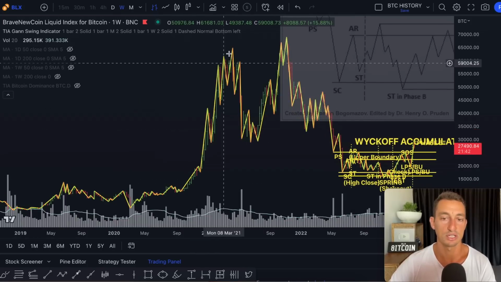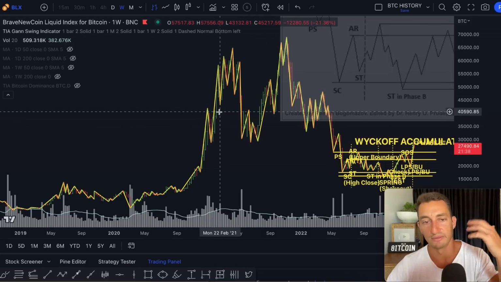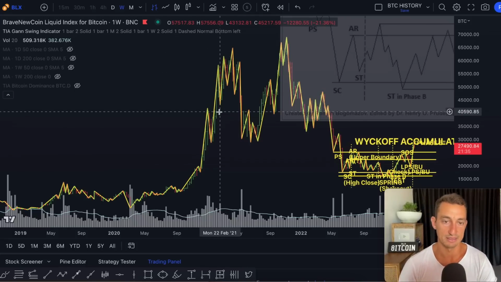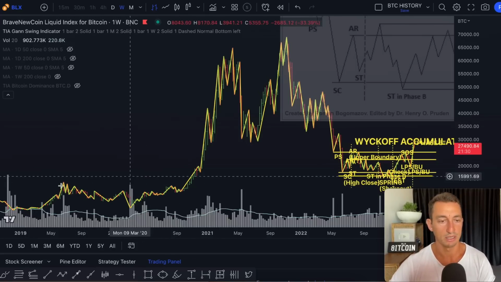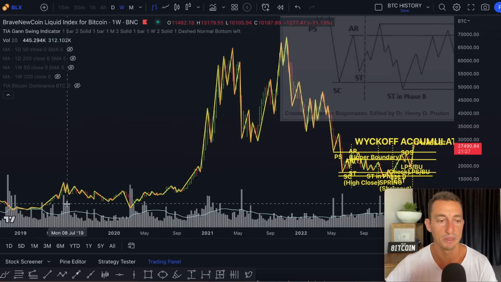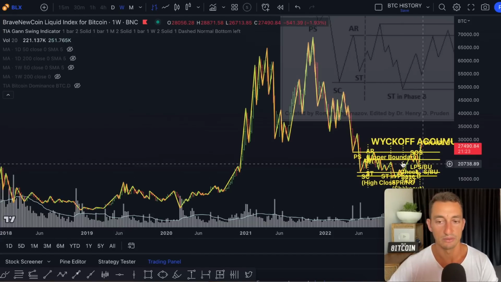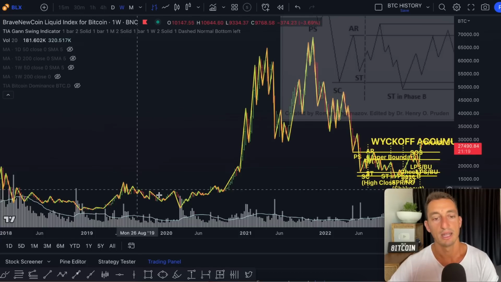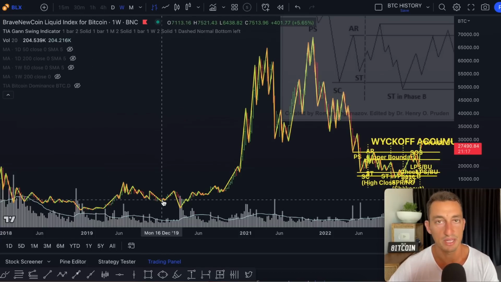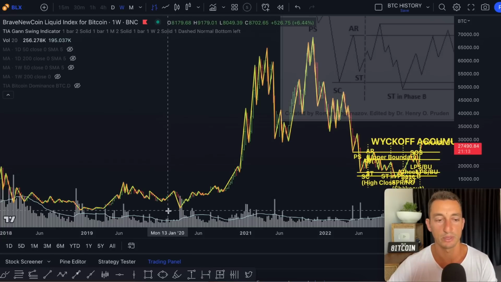The trends just continue on much cleaner because of how much emotion is involved in the market and all the new retail investors that come into the market as we break through all-time highs. But while we're underneath these levels, you can see in 2019 and 2020, it can be a difficult period. But the main thing to note is that it's likely that this is the bottoming process like we saw in 2018, 2019. And the same things were being said in late 2019 that we could revisit the $3,000 and $4,000